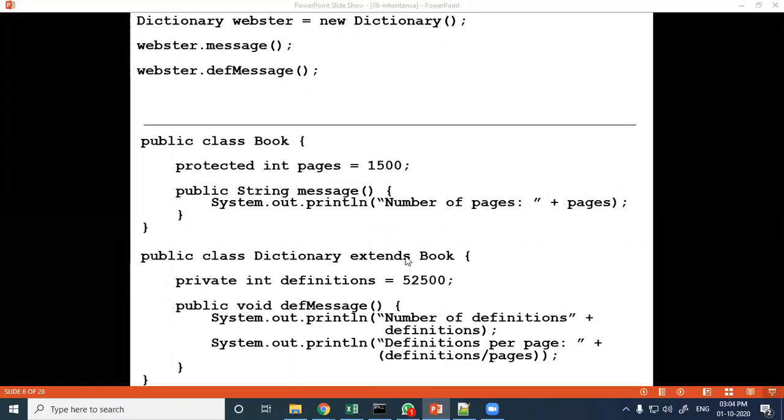Now here dictionary, another class which is derived from book class. Syntax is public class dictionary extends book.